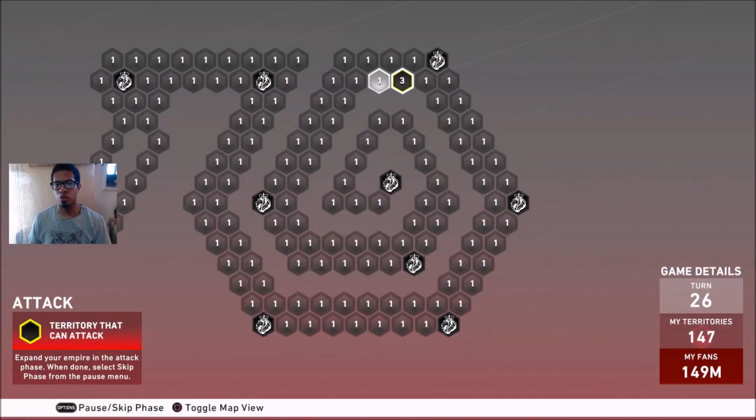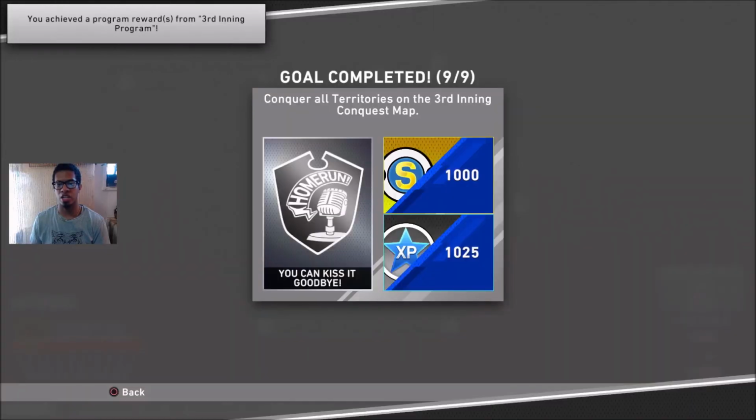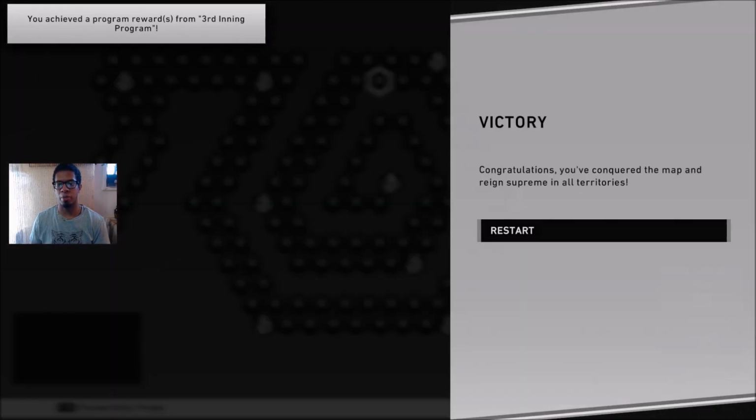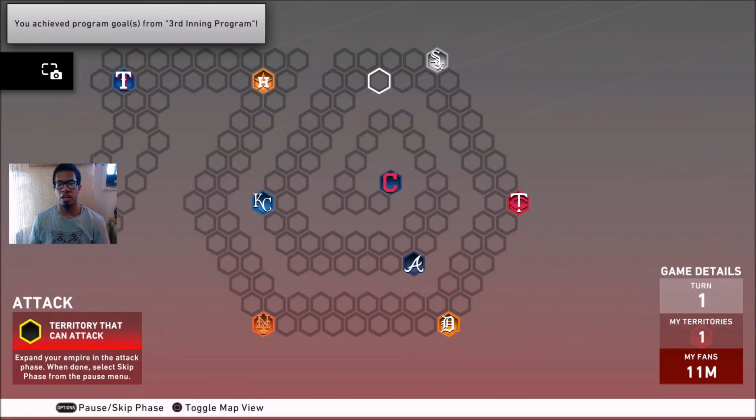So being one territory from completing the entire map, that's what we're gonna do right here. I'm gonna go ahead and show you all the hidden rewards that are in this conquest map. So first of all, let me take a quick little screenshot to have as a thumbnail, and let's go ahead